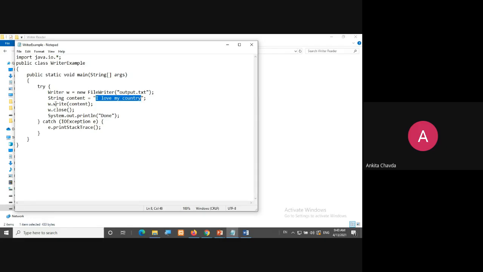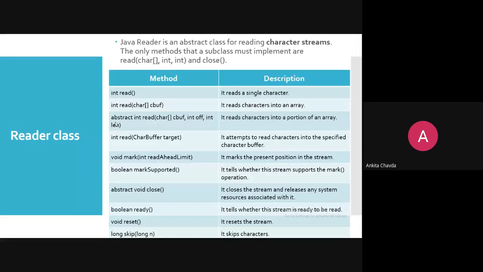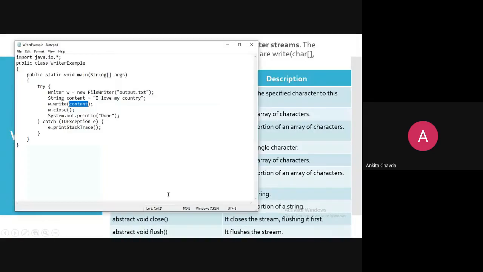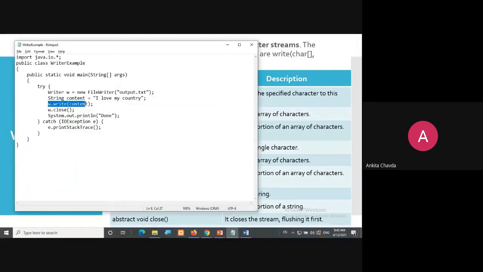Now I am writing w.write, and I'm writing this content, because I can pass a string here also, as you have just seen. In this Writer class, you can write even a string. So you are writing the string, w.write and content. I'm closing this and it is done.